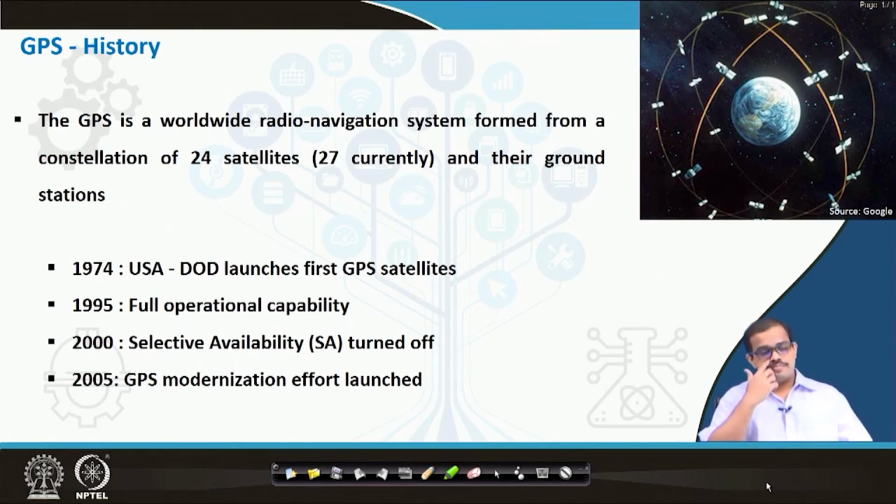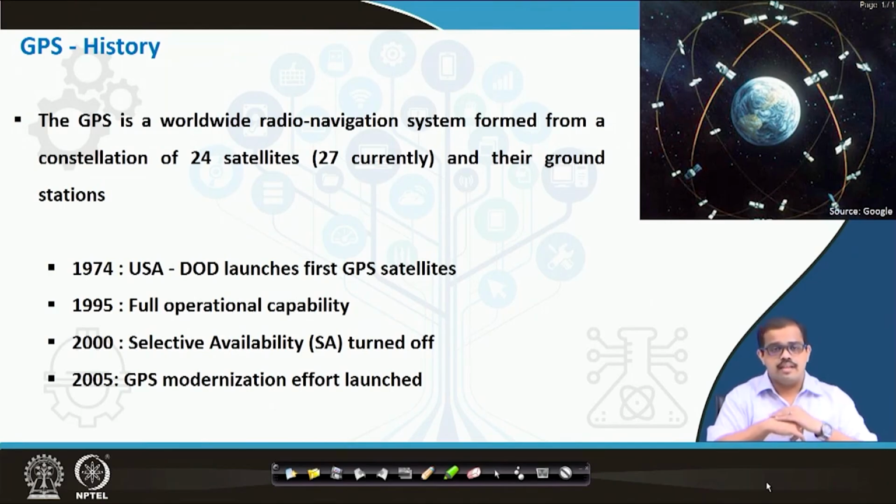For example, let us say I have a friends group, and I just give certain things selectively to my friends. I would only select a few of my friends who will have the best system, whereas other friends may not have the entire measurements to be very exact. That is what